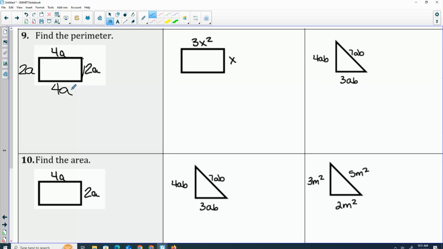Alright, so if I add these, I have 4A plus 2A plus 4A plus 2A if I'm going around the picture. Add those all up and we get